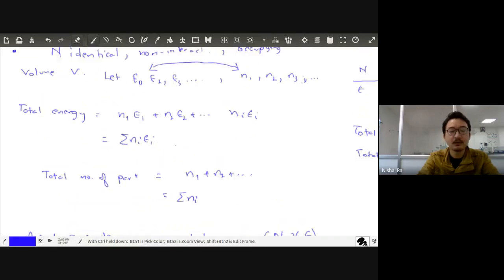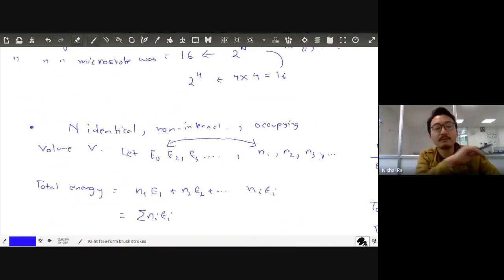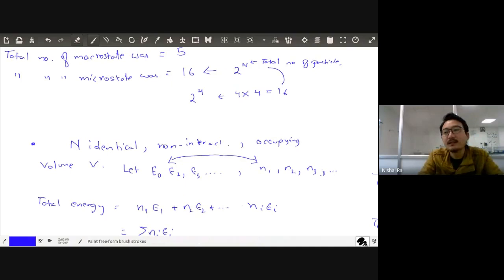So now the main takeaway is that there are 2 different kinds of states, called macrostates and microstates. For any given macrostate, there are different kinds of distributions which are also possible. This is called a microstate. And for distinguishable particles, the total number of microstates was given by 2 to the power of the total number of particles. Clear?